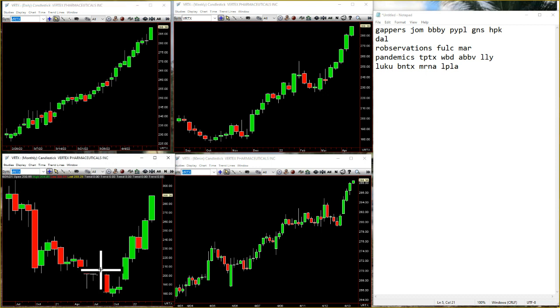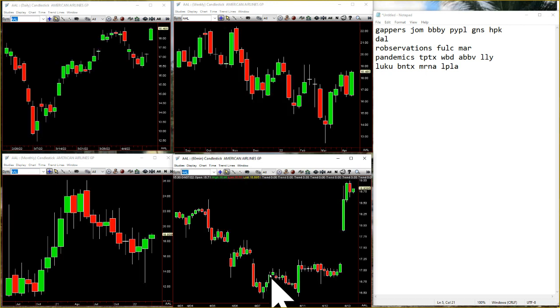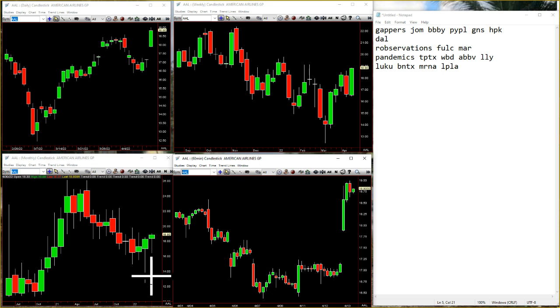If we go to the pandemics, you see Delta gap up and just kind of sit, now trying to take these 260s up. So that gets a lot of the airlines going, and here you can see this hammer counter shooter monther. And American Airlines, the most heavily shorted stock in the S&P 500, taking out the Rev Strat month. 1, 2, 2. So that gives you a bunch of airlines. It was also in the pandemics, like I said,